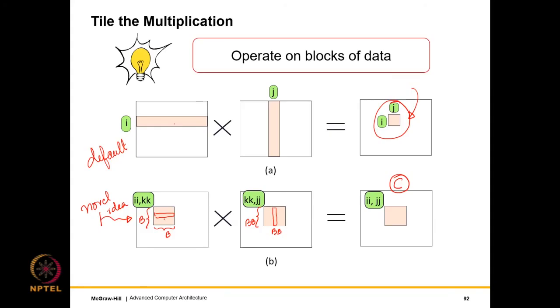In each block, we perform a regular matrix multiplication, which means we take a row, take a column, multiply them. But unlike the previous default approach, where after one iteration we finally have the value of Cij, in this case we will not have. Rather, we'll have partial values for all the cells within a block, but they are stored, and this process is repeated until all the pairs that need to be multiplied are done.